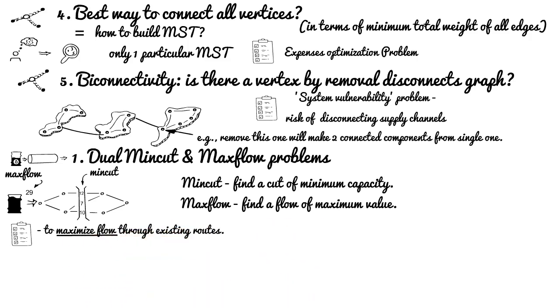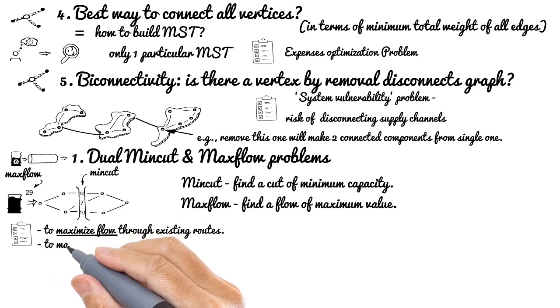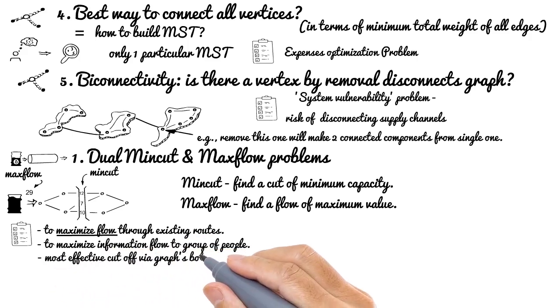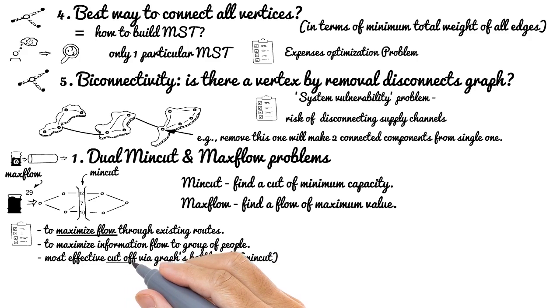It might be supply of anything from oil, gas, to any cargo system to carry loads within a specified time frame. Or maximizing information flow to a certain set of people via social networks or communication networks in general. Or the opposite goal: most effective cut of supplies or communication to people via the graph's bottleneck,